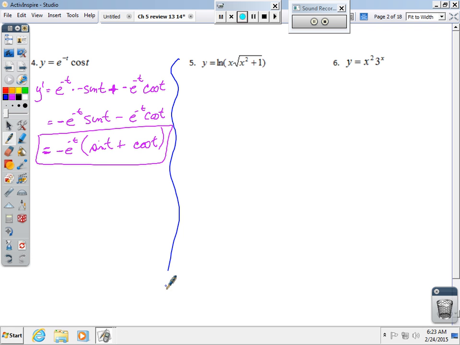Alright, so the derivative of this, I have to do the derivative of that whole thing, so that's going to be a product rule. So that's x times (x squared plus 1) to the 1/2. So the first times the derivative of the second, which is 1/2 (x squared plus 1) to the negative 1/2 times 2x, plus the derivative of the first, which is just 1, and (x squared plus 1) to the 1/2, all over